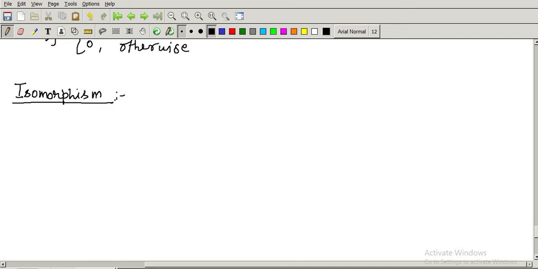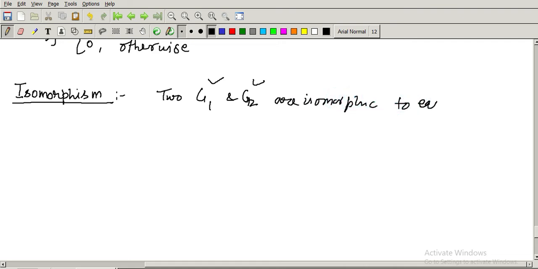So for isomorphism, in simple terms, two graphs G1 and G2, they can be G or H or whatever, I'm taking this notation G1, G2, don't confuse with that. Two graphs G1 and G2 are isomorphic to each other if